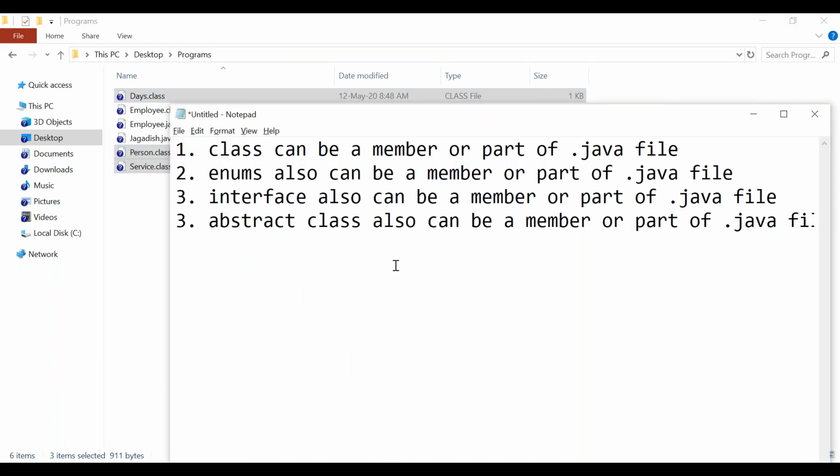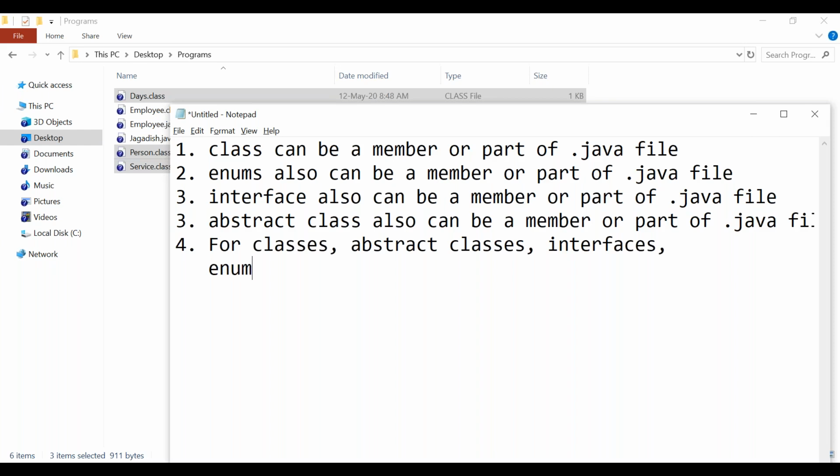What are we trying to understand? Fourth point you can say: for classes, abstract classes, interfaces, or enums, for everything, what will happen? .class files will be created.